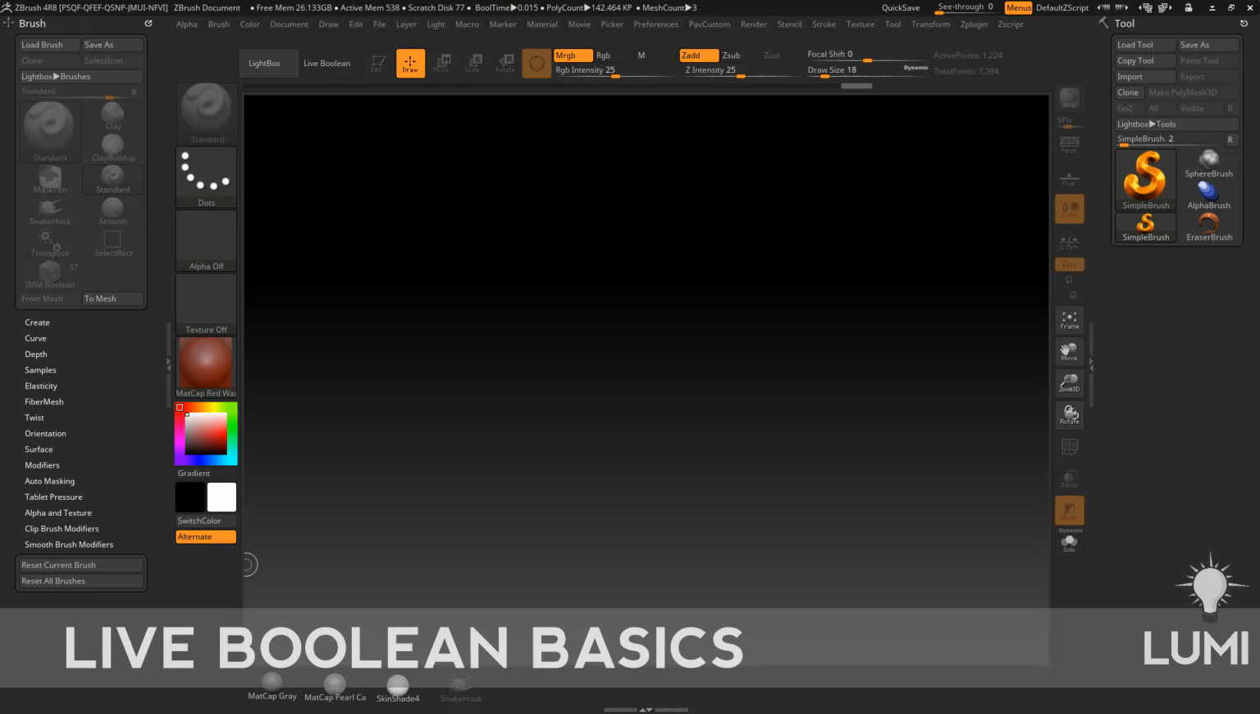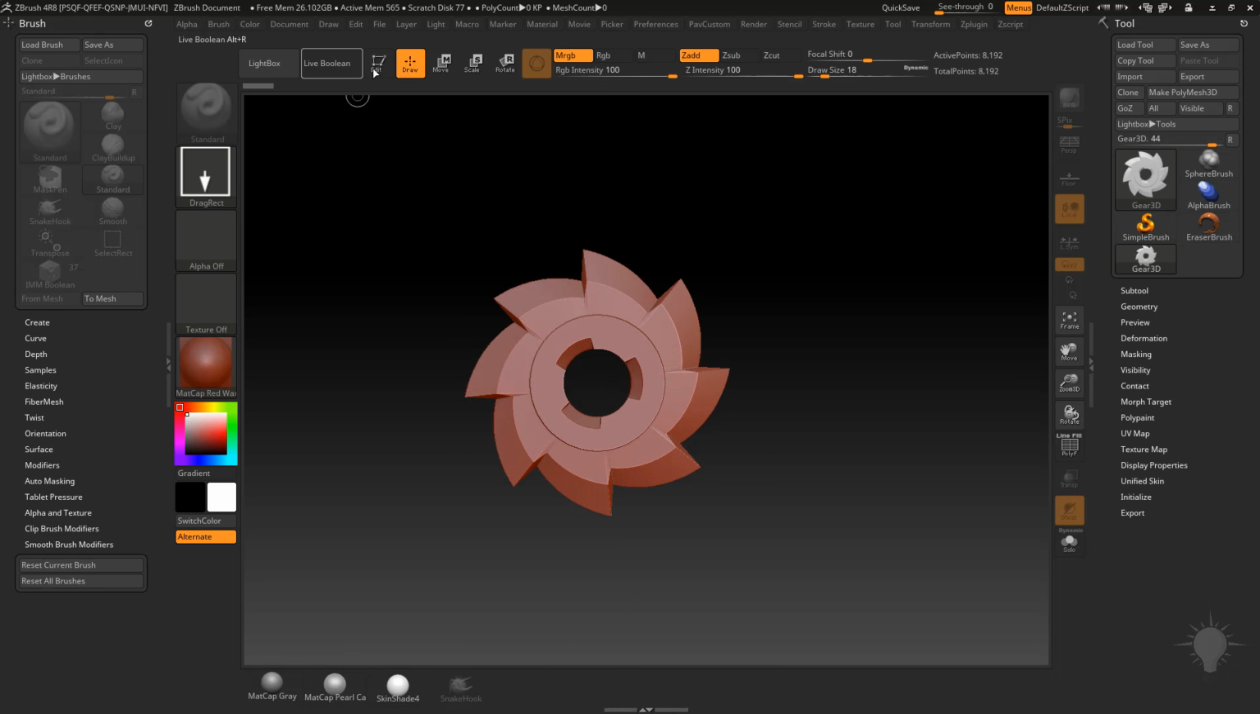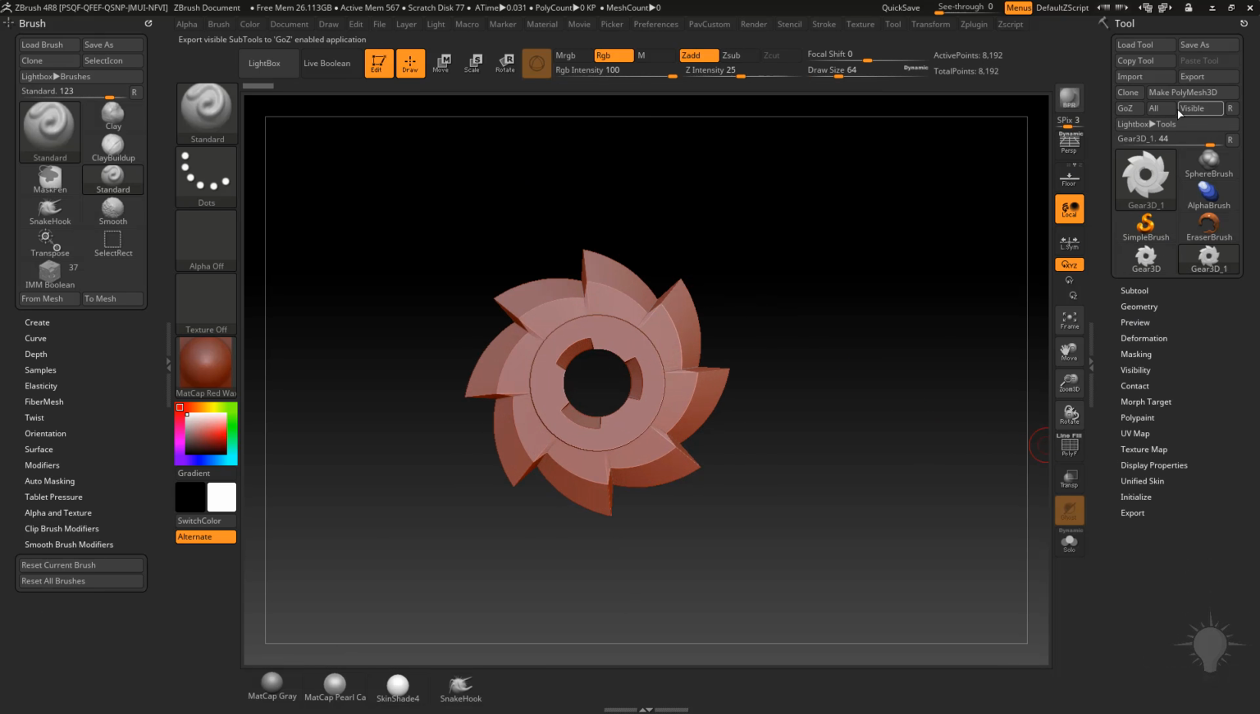All right, let's jump right into live Boolean. So what I'm going to do is go over here to my simple brush, and I can grab any of these primitives because I'm going to end up changing it anyway. So I'm going to grab this gear 3D, drag it out, go into edit mode, make it a polymesh 3D